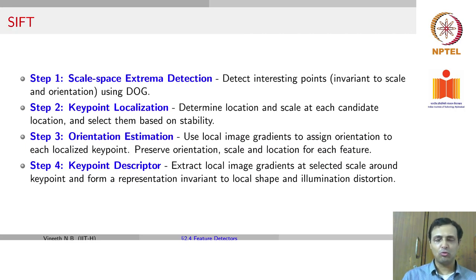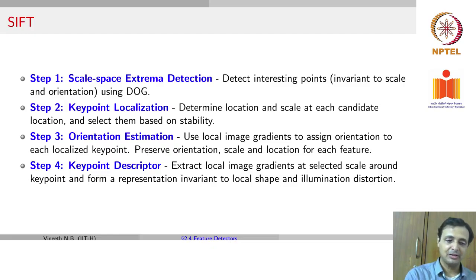SIFT consists of 4 steps, and we'll go through each of them individually. But before we cover them, I should mention that SIFT is an excellent engineering effort. Each step has a proper motivation as to why it was developed and what part of the objective it helped fulfill. I will highly advise you to read the SIFT paper just to understand how a beautiful engineering paper in computer vision has been written.